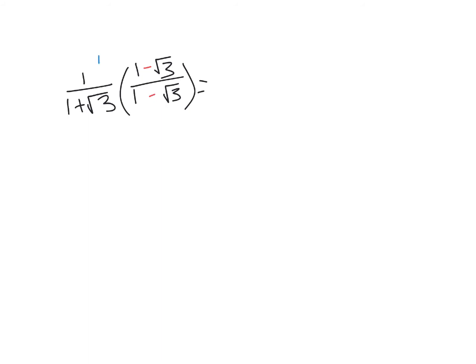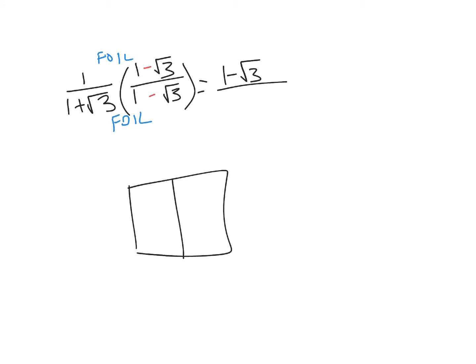And so I'm going to FOIL these out. The top I don't really need to FOIL, because I just have 1 minus root 3. And if I draw a box for the bottom, I have 1, root 3, 1, negative root 3. 1 times 1 is 1. Root 3 times 1 is root 3. 1 times negative root 3 is negative root 3. And negative root 3 times negative root 3 is